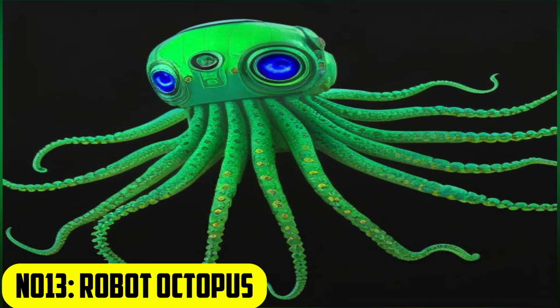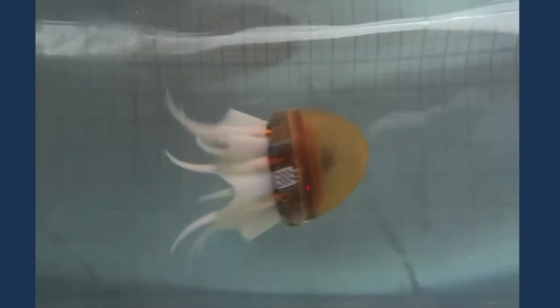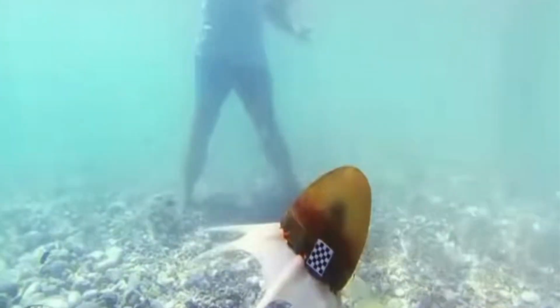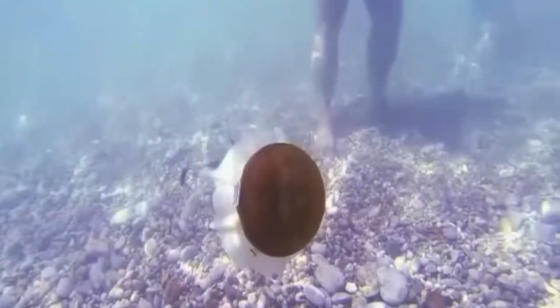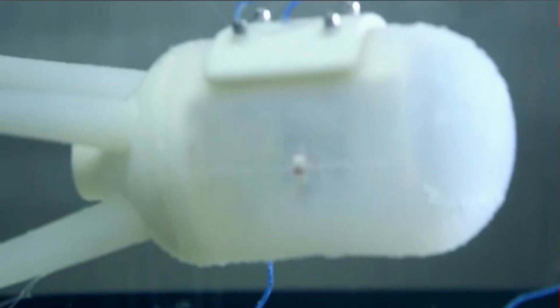Number 13. Robot octopus. The octopus is one of the most fascinating, astonishing robots that actually exist. It is still utilized for the purpose for which it was designed, deep-sea exploration. Electric motors power silicone tentacles, which propel the octopus at a speed of 20 centimeters per second. The robot has a camera and recording equipment, and the apparatus has undergone testing to enable it to study its